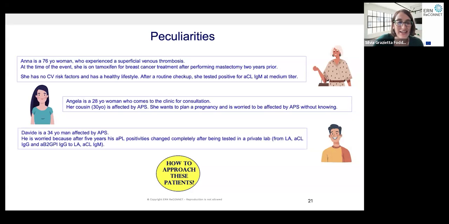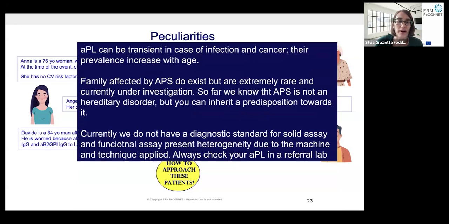So Davide is a 34-year-old man affected by APS, and he is worried because after 5 years, his aPL positivity changed completely after being tested in a private lab. He was positive for all 3 types of antibodies: lupus anticoagulant, anticardiolipin antibodies, and anti-beta-2 glycoprotein 1 of IgG isotype. But after testing in the private lab, he tested positive only for LA and anticardiolipin of IgM isotype. So what should we tell Davide? We should calm him, because as I told you before,